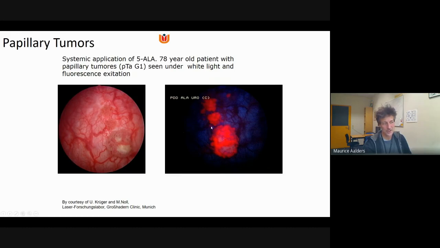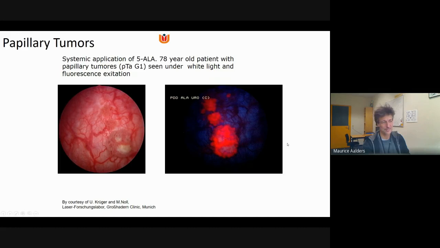Also satellite tumors, here's a small one, here's a small one, which is very difficult to see on the normal white light image. So this is a very nice tool for the oncology doctor, for the surgeon, who needs to assess the situation. Maybe you have to debulk it, meaning taking tumor tissue out, and decide on how to advance